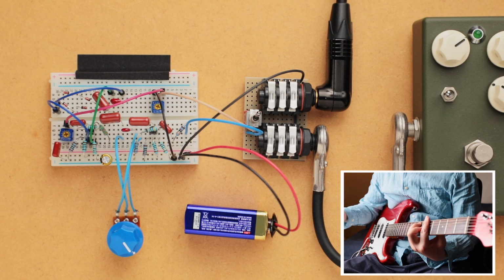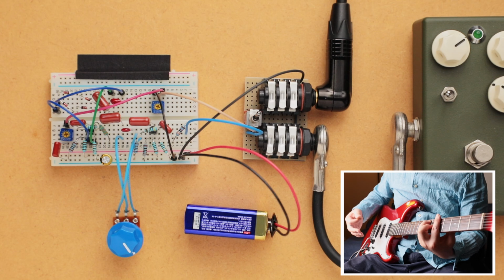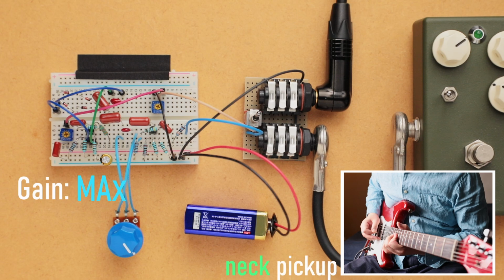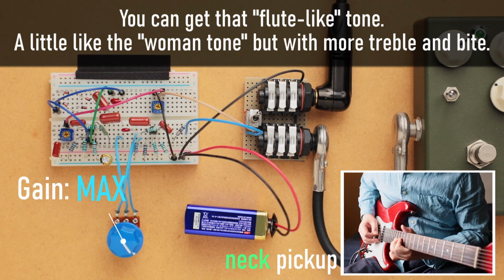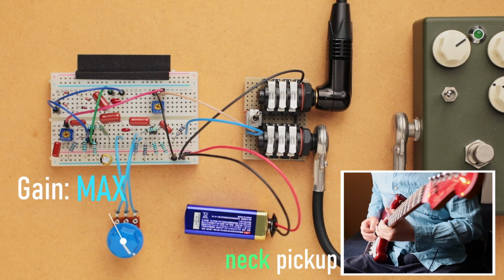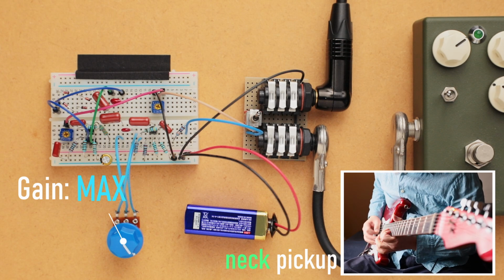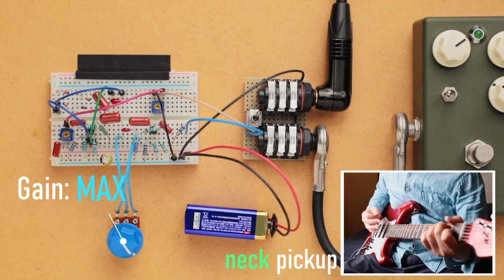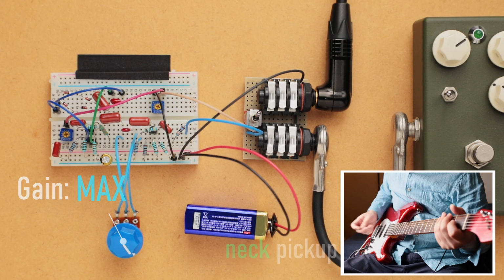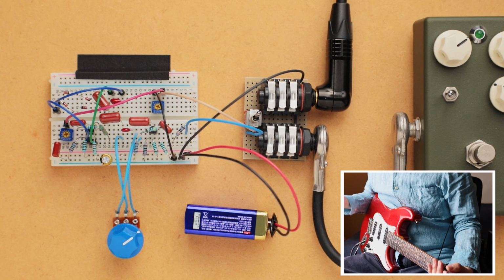Okay, and in the max gain sort of fuzz-like mode, if you go to the neck pickup and let's play up in the 12th fret region. So that was just a very quick run through of the different gain levels that you can get using a